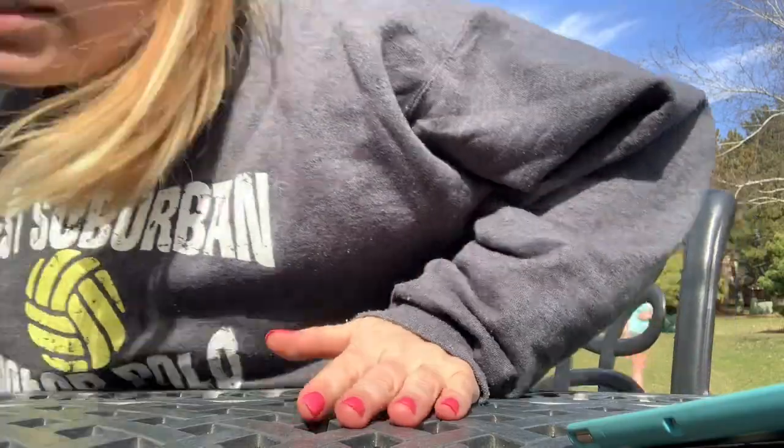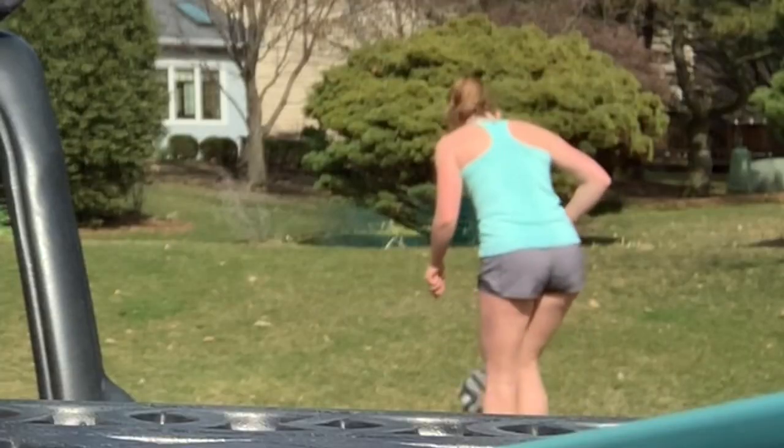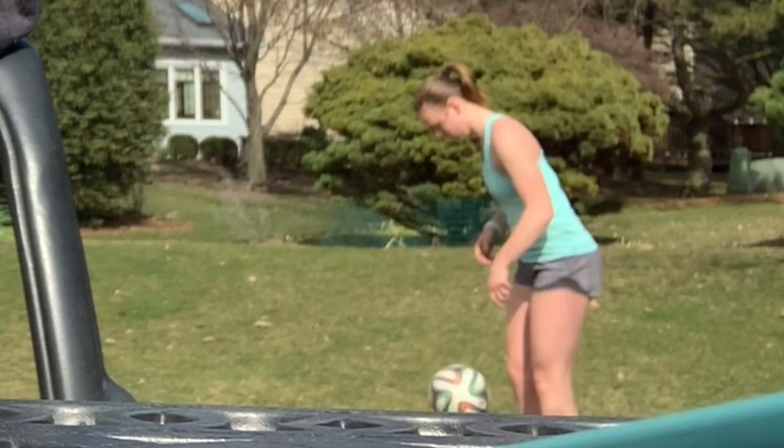And I just realized I left the door open, so I'm gonna go correct that and be right back. So if you see a person pop up behind me, it is my sister. We are enjoying the fact that it is sunny, even though it's March in Illinois, where I am right now. She's right there dribbling a soccer ball. Look at her go. You're doing great, Megan. I think she's ignoring me. So I'm gonna finish this up really quick and make it short and sweet so I can keep playing the